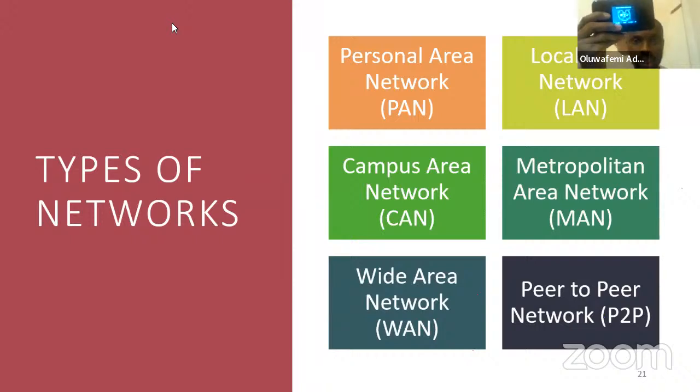This is my personal area network. This can connect up to 32 devices. This is connecting to my laptop right now. That's what I'm using for the meeting. This is also connecting to my phone right here. And my wife's laptop too uses this, and our phone uses this, right? So as it were, we have a personal area network. So that's what that means.